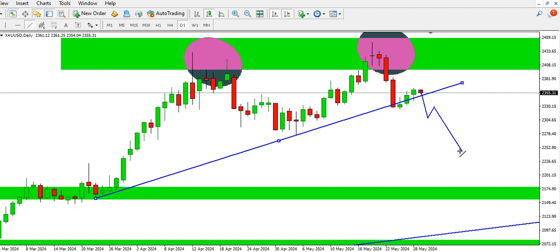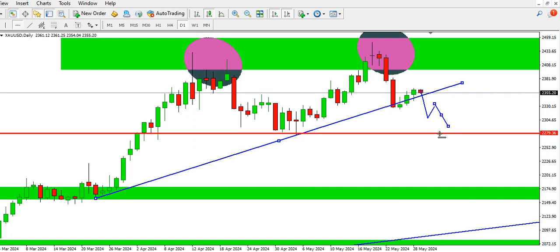And if price is going to drop further, we might see price dropping to this support level, which is at the 2278 level. This is a possibility. Another possibility is price might likely